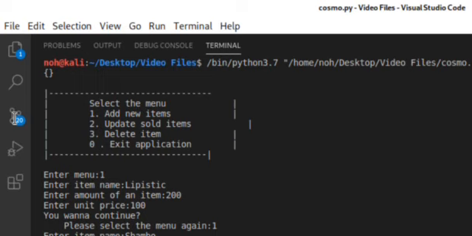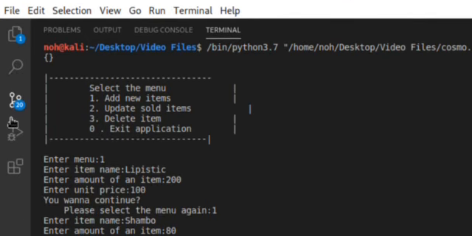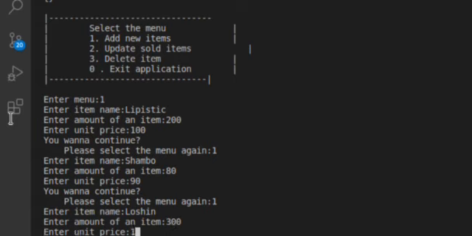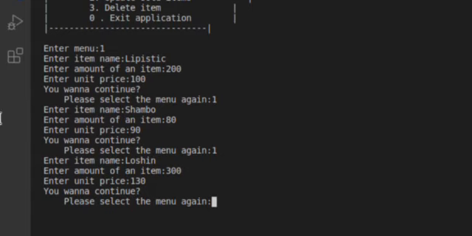Do you want to continue, we can re-enter. If we want to continue, we can register one more item, lotion, enter amount 300, price 130 birr. Now once we have finished, still we can continue to register more items. Once we have finished, we can press 0 to exit the application, then enter. Now the application is